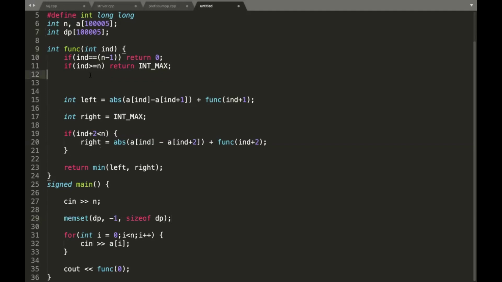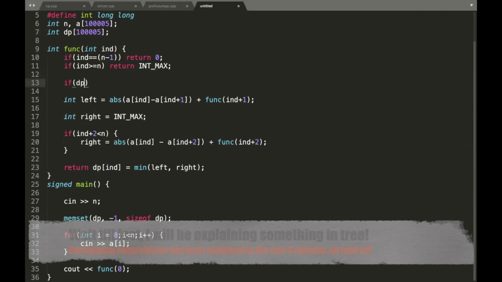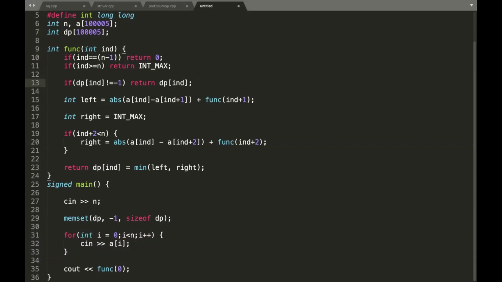Once you have done that, before returning, simply store the result in dp of index. And over here, if that state has been visited, that is, dp of index is not equal to -1, you return that. I'd highly recommend that you go back and watch my Fibonacci series video to understand how you convert recursive code to dynamic programming, and then come back and watch this.